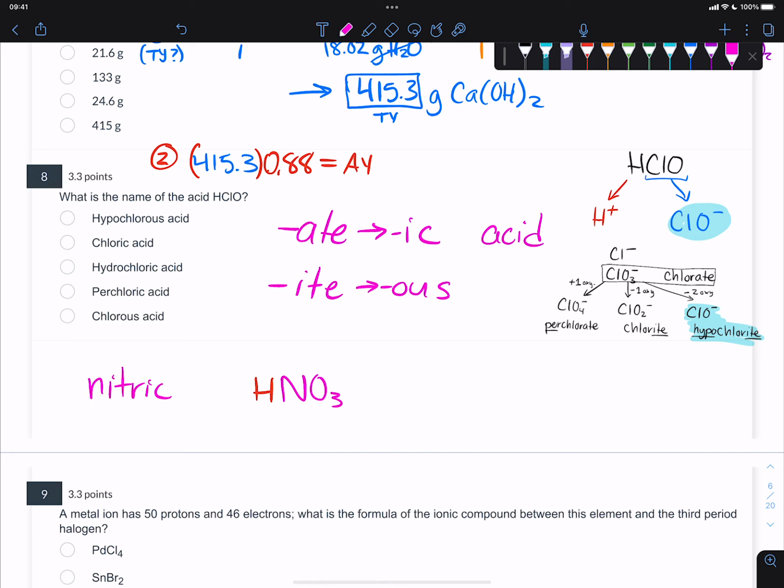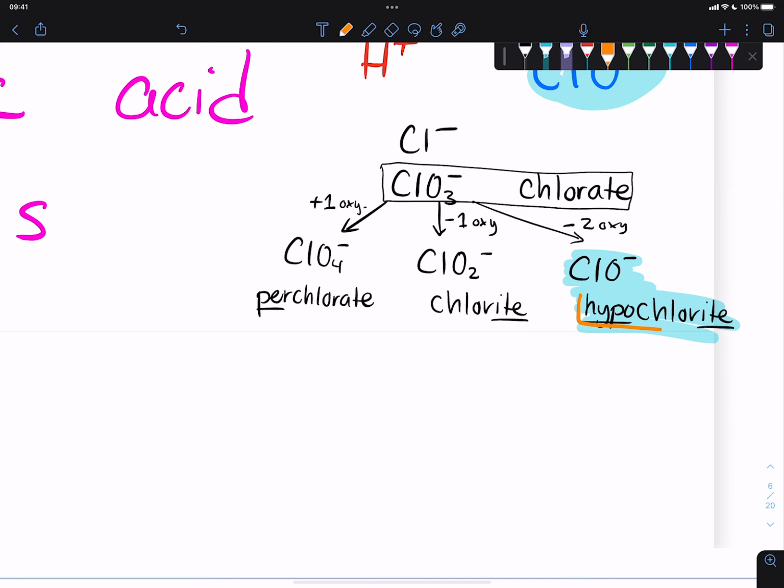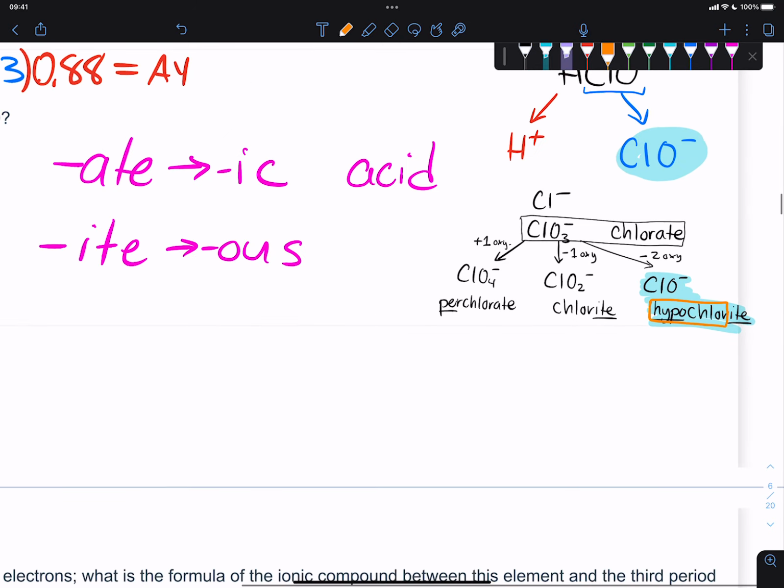So when we say -ic, the -ate ending was replaced with -ic, and then we add on the term acid. So that's why this is nitric acid. Now, what this is here is an -ite ending. So you keep everything that's before the -ite. So that's the hypo and the chlor. And you would actually call it